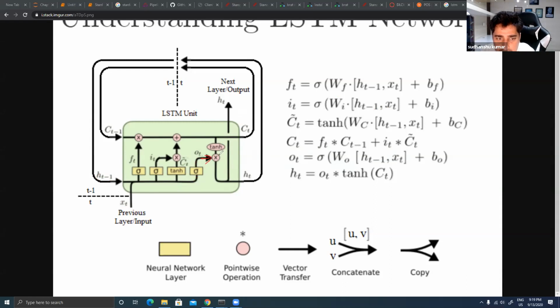It will give you an output, but that will not be the immediate output. So how is it going to give you the final output?